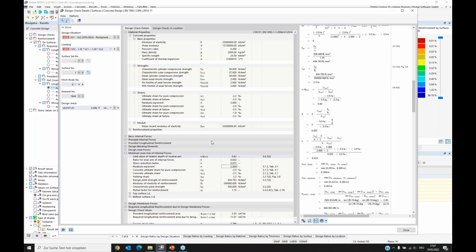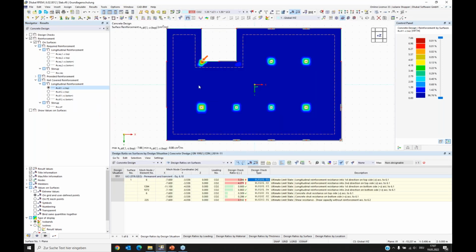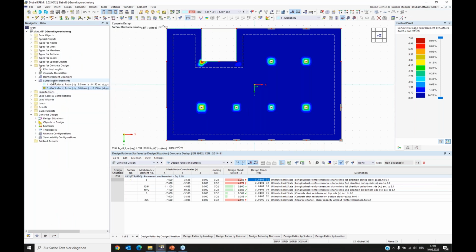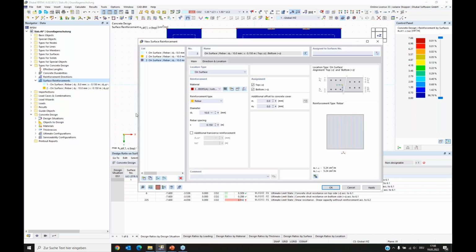Yes, and when you check this and you agree that there is more reinforcement needed, you also can put some local additional reinforcement, and we will do this now for these supports places. Therefore, we go back to the data navigator again, and I can do a right click on surface reinforcement and say that I want to create a new surface reinforcement. And here we have the type, and now I don't want to put reinforcement on the whole surface. I want to use a free rectangular reinforcement. The material is automatically